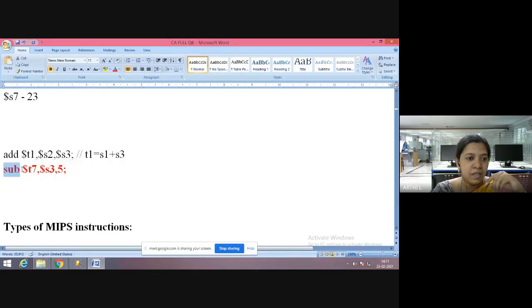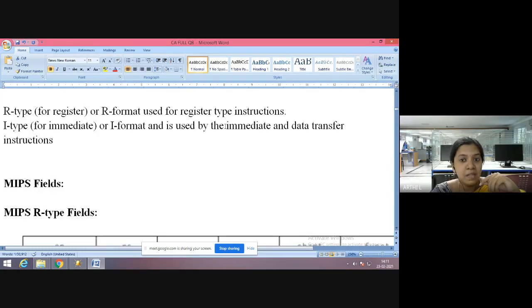Subtract will change to subI. Immediate means the instruction will be a little different. We will see that. But what I'm about to tell is, see here there are two registers, but there is a value here. That is the difference. Whenever there is a dollar, it means that is a register, and whenever there is no dollar, it means it is a value directly. That is called an immediate instruction.